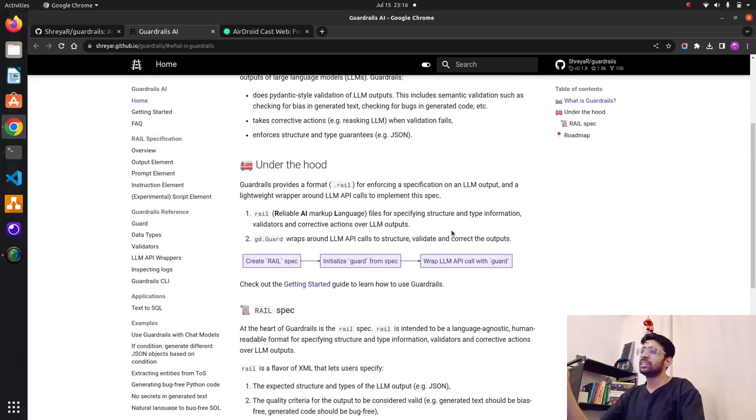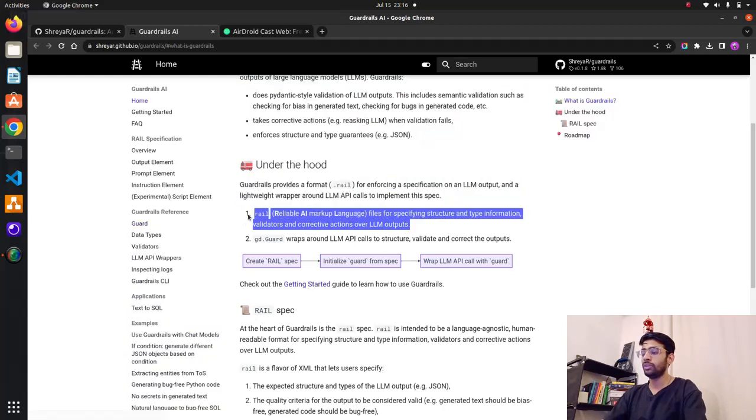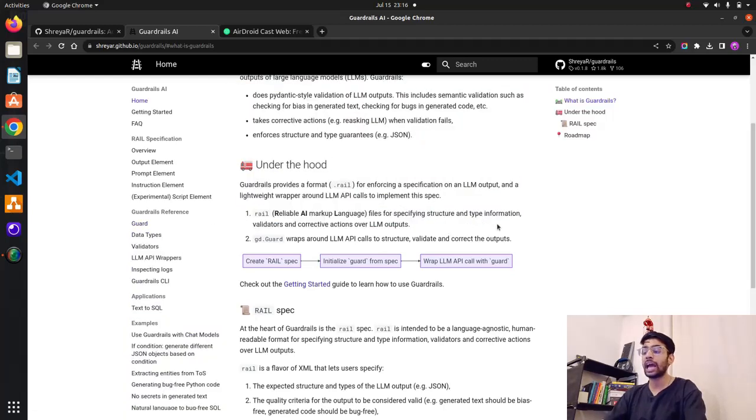If you have worked with XML files for specifying configuration, basically config files, we have used XMLs with Docker or Kubernetes or a lot of others, even in JS based frameworks. That's what we do here with RAIL to specify structure and type information, validators, etc.